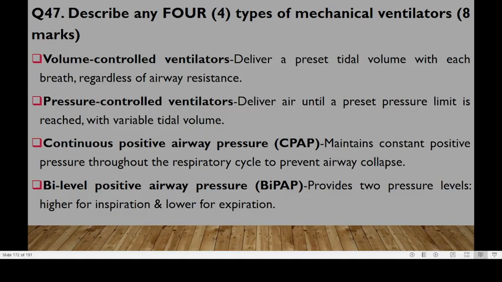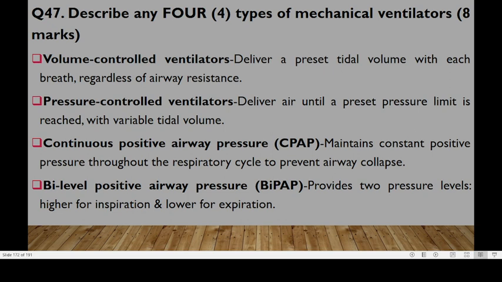Describe any 4 types of mechanical ventilators. So we have different types of mechanical ventilators. We have volume controlled ventilators, which normally deliver a preset volume with each breath regardless of the airway resistance. We have pressure controlled, which deliver air until a preset pressure limit is reached, with a variable tidal